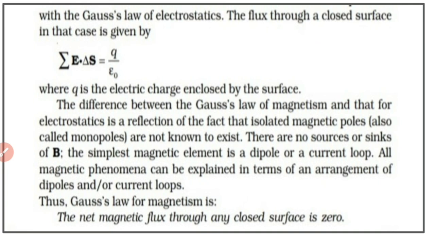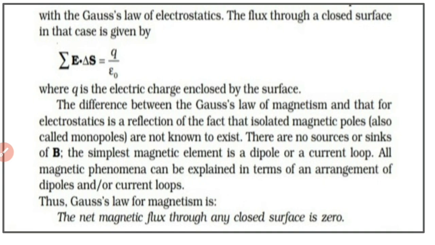The difference between Gauss's law in magnetism and that in electrostatics lies in the fact that isolated monopoles do not exist. I have already told you, independent north pole or independent south pole do not exist. North pole and south pole exist together. So monopoles do not exist. That is why we have that expression, summation B dot ds is equal to 0. Or we can say it is because of one more fact, that magnetic field lines form closed curves, whereas electric field lines do not form closed curves. Magnetic field lines form closed curves.